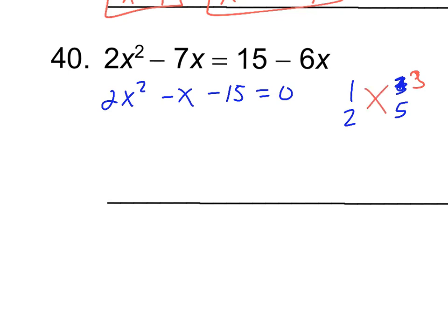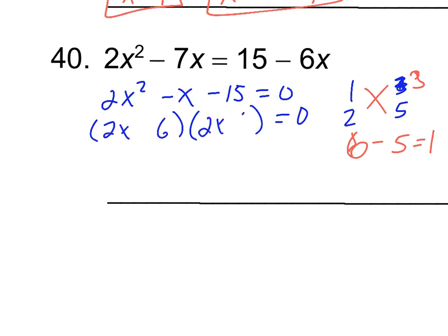And try going across. So if I crisscross, 1 times 5 is 5, and 2 times 3 is 6. So I have 6 and 5, and 6 minus 5 gives me 1, which is what I want in the middle. So I'm going to split up and use those numbers. So 2x,